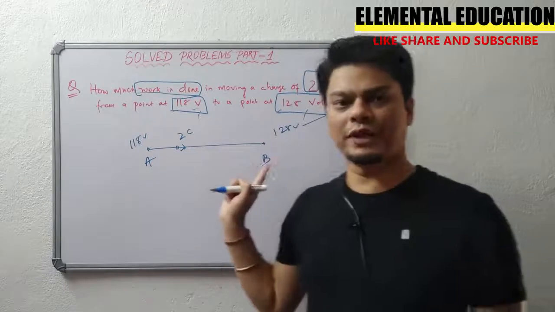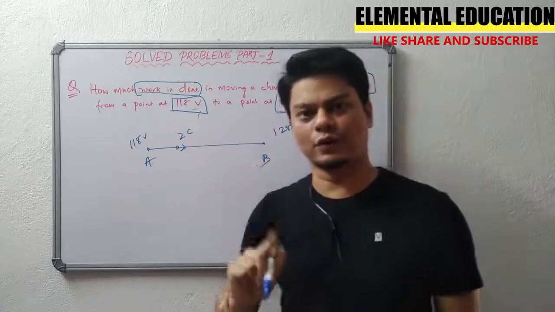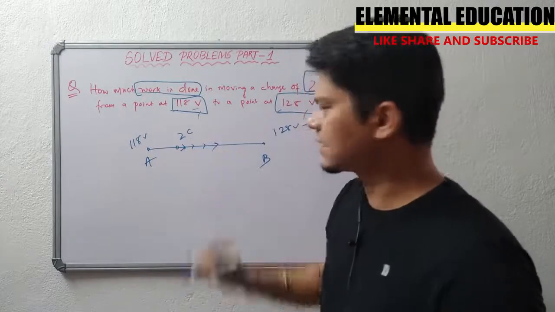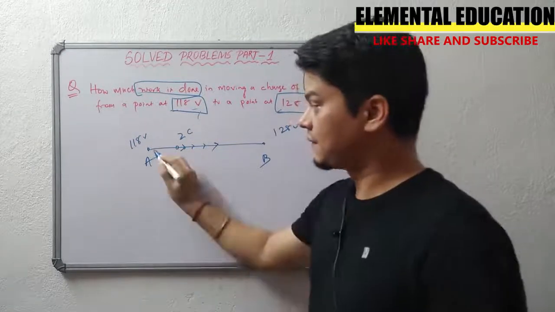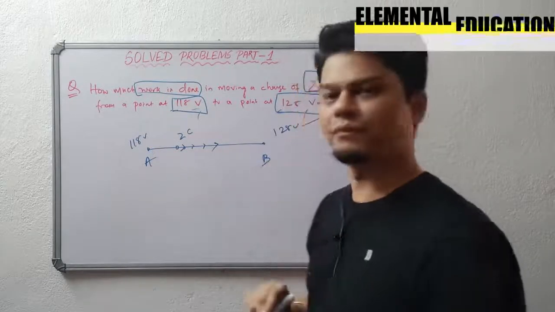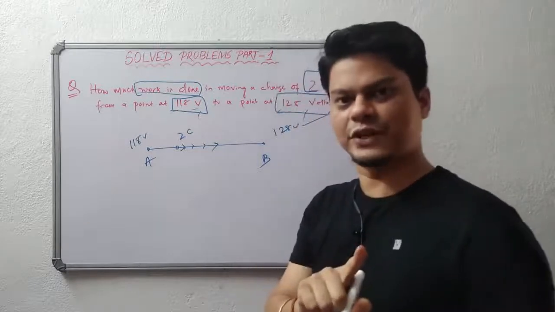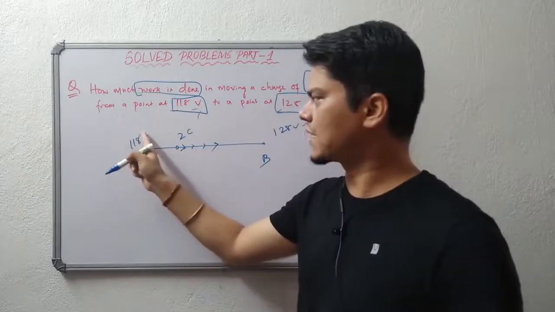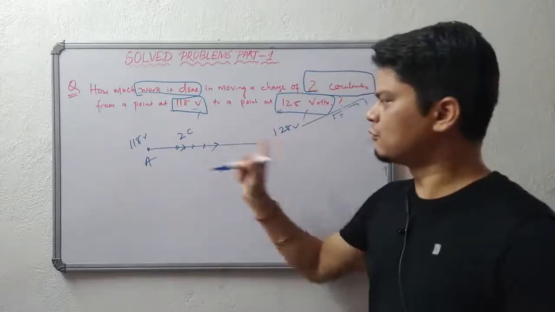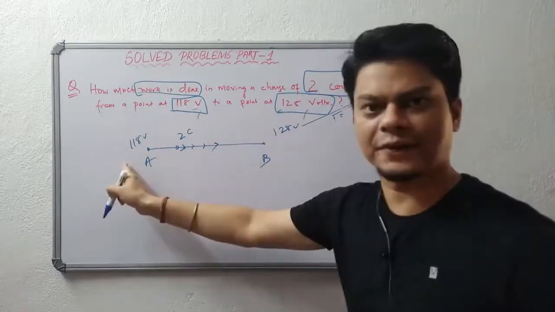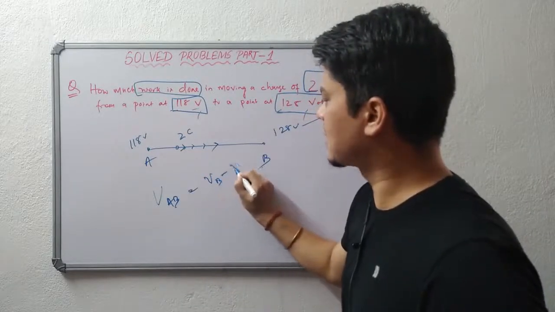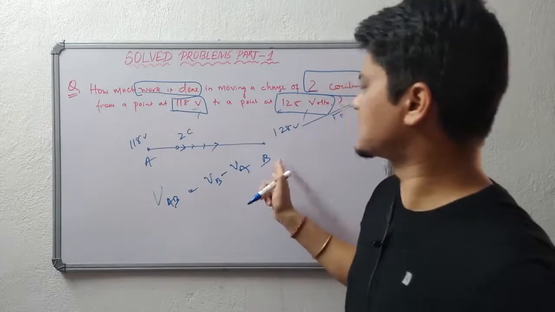So when there is a charge moving, we know movement of charge is known as electric current. So there is a current. Then there must be a potential difference. So what is the potential difference between point A and B? I have already told you in my first video, if there are 2 potentials given in point A and B, then VAB equal to VB minus VA, because the potential difference in B is higher.